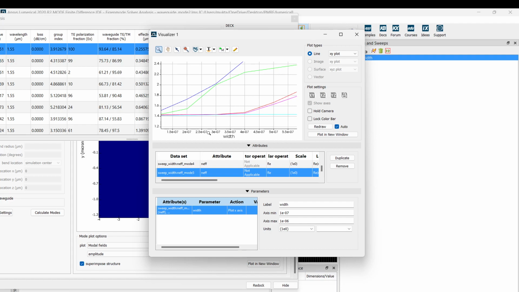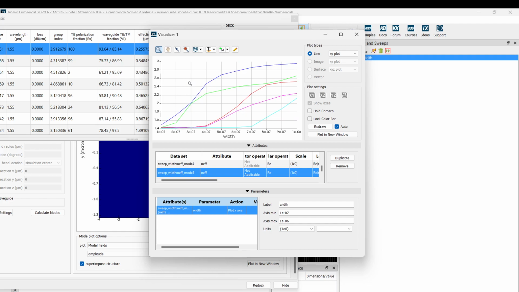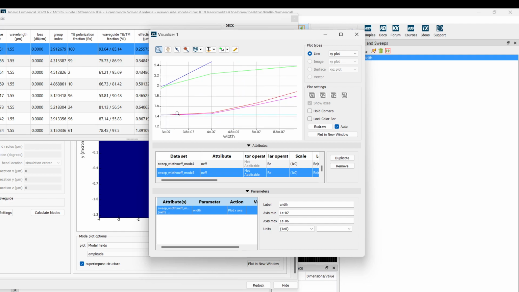So if we go ahead at 250 nanometers, again there are two modes. 300, again these two modes. 350, again these two modes. 400, still the two modes. But if you look at 450 nanometers, then we see that the first order modes have started coming up in the picture. You see here?